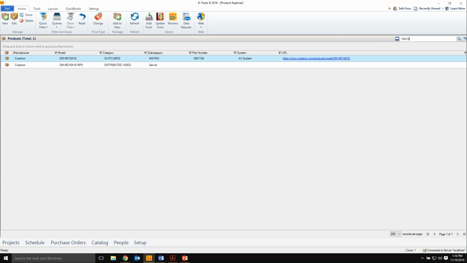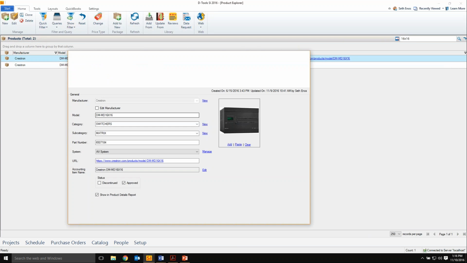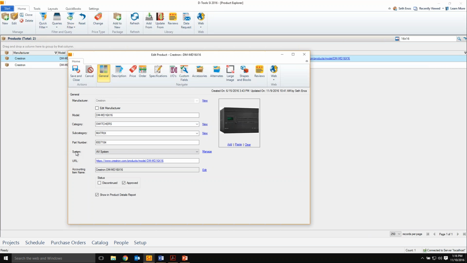Let me just do a quick search here in my database. And if I open up this product here, it's now just a field that displays as part of the product here. You see system is now on the general tab, and you can choose from your systems here, and of course the manage here will allow you to add systems, and this looks at your stock list of systems you've created. So now what will happen if you add this to a project,